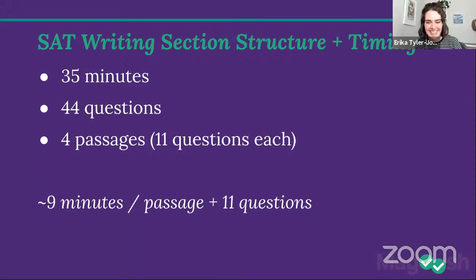Okay, so thinking about this section, to recap the slide, this is a really fast-paced section. Thinking about the timing per passage is going to help you the most. You've got about 9 minutes per passage. It's actually slightly less than 9 minutes, but that's going to be a good benchmark. So I recommend going through one passage, checking the clock, should be about 9 minutes in. Next passage, checking the clock, should be another 9 minutes in, and so on and so forth. That's a good way to make sure that you're not going to run out of time, but also that you're not unnecessarily rushing through the section. So 9 is the number to memorize for this section.